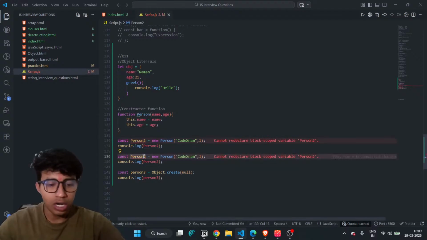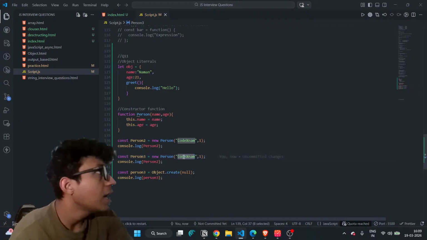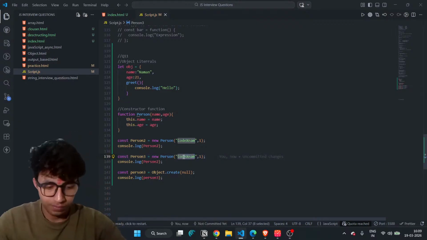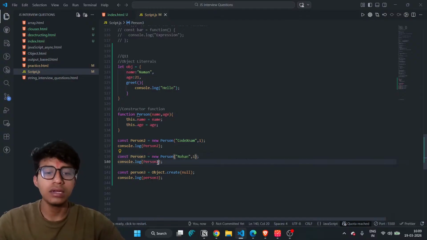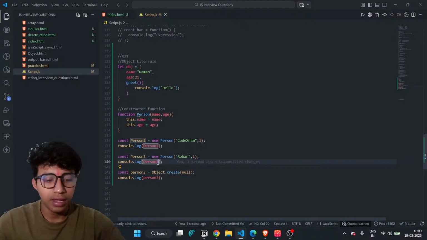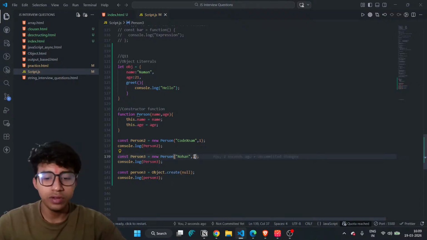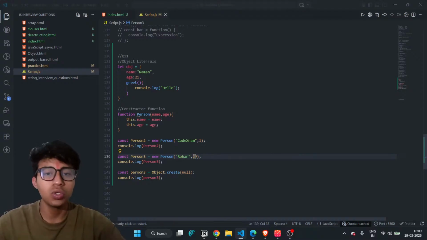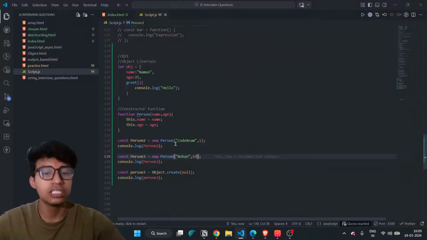Person two is now person three, and we use a random name, Rohan, and the age will be 19. On the output screen you can see that another object is successfully created.